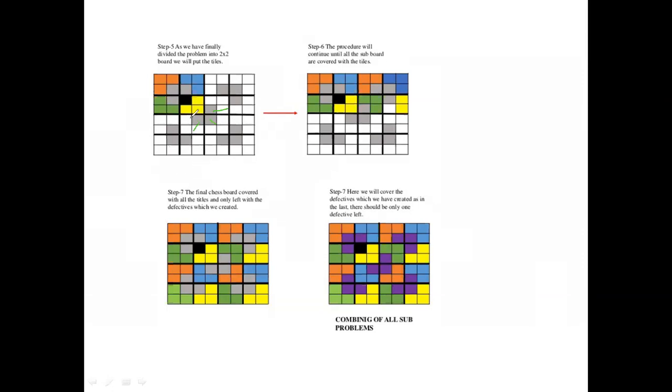separate subparts, and also we create one defective square, because in divide and conquer we divide the problem into subparts of the same size or same problem. So that's why we introduced our artificial squares. After solving the problem, we replace them with our original values. Okay, so just remember that point.